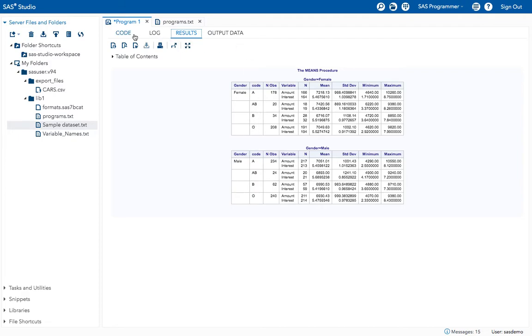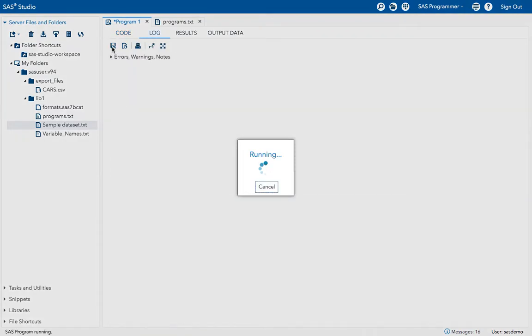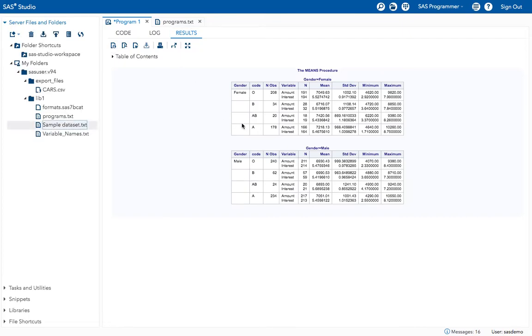Now see after giving descending how we get our results. My class data values are the code values. Earlier it started with a, now it is starting with o, b, a, b. That means it is in descending order.